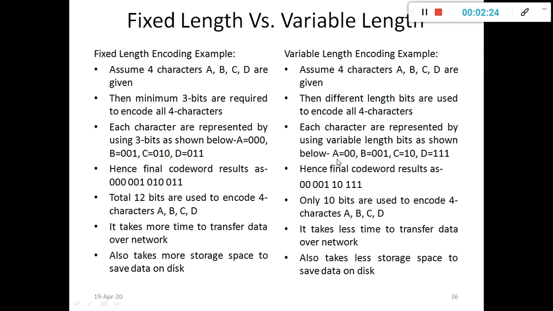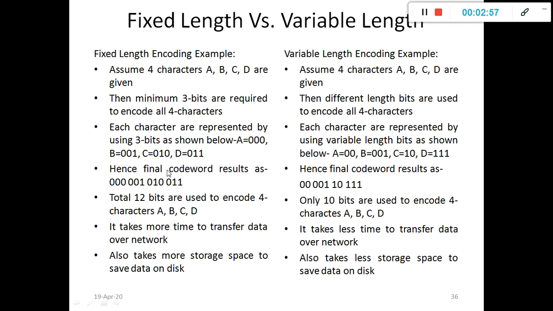That is, A is represented as 00, B is represented as 001, C is represented as 10, D is represented as 111. Here different length bits are used to encode the characters A, B, C, D. Hence, the final code word results as 00001, 10111.